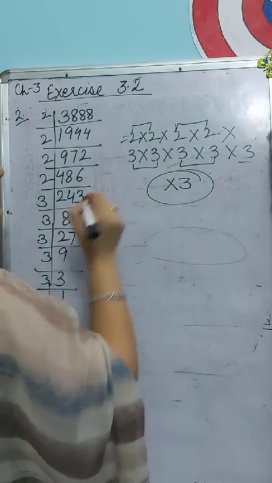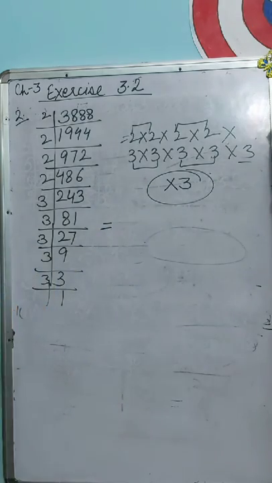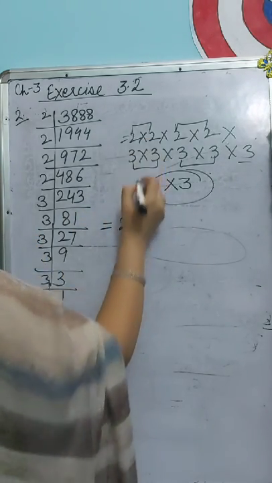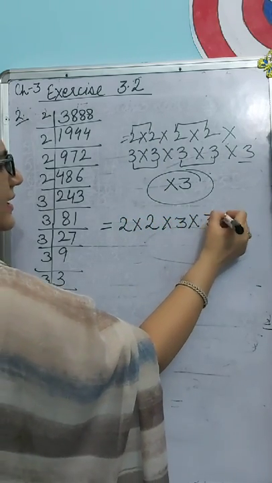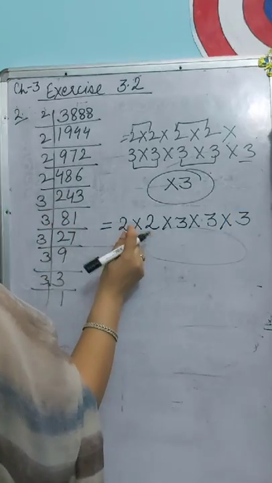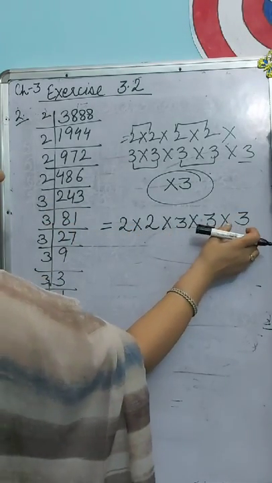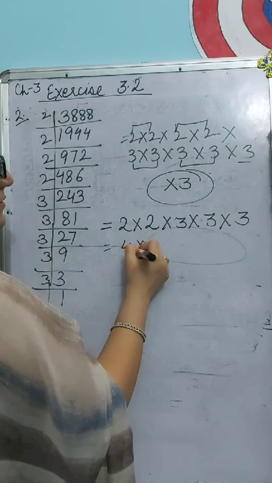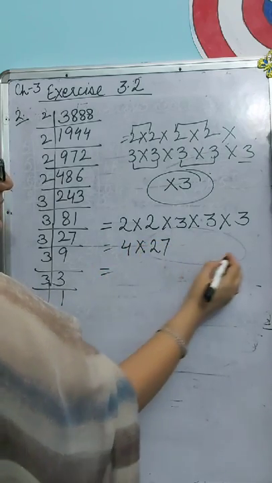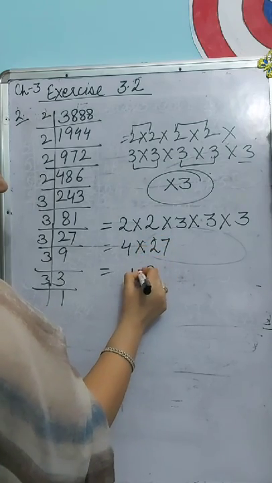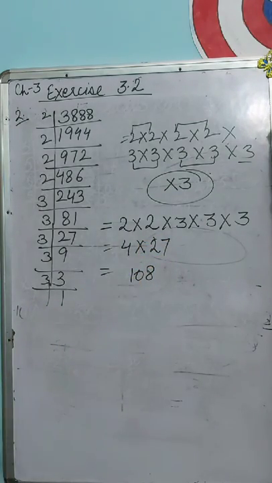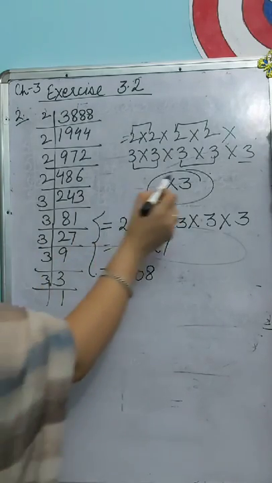So this is the answer. But when we multiply, I think we should also find out the square root. We first pair, second pair, third pair, fourth pair, and the last one which we have given it to it. 2 2s are 4, 3 3s are 9, 3s are 27, 7 4s are 28, 108. This step is not required. We have just discussed it, but the only required step is this.